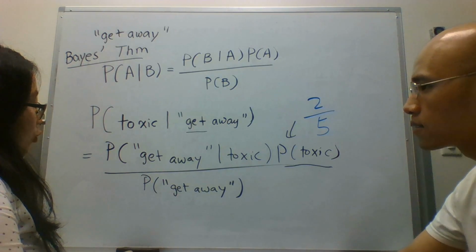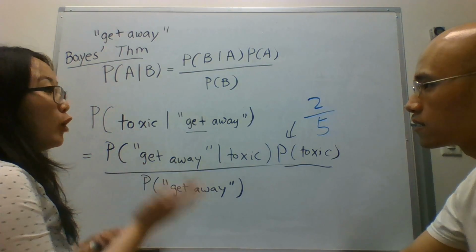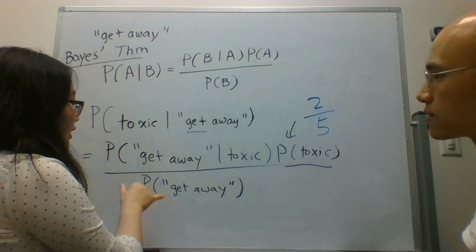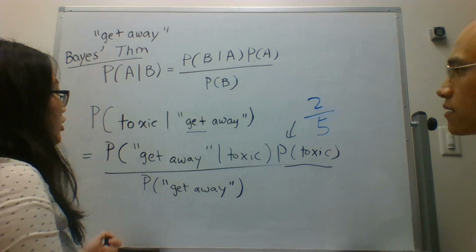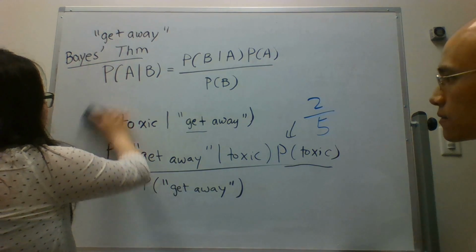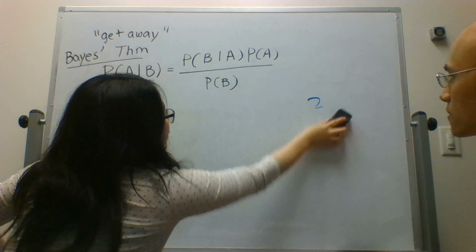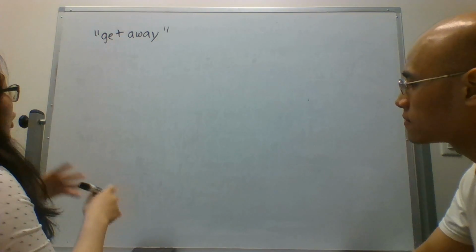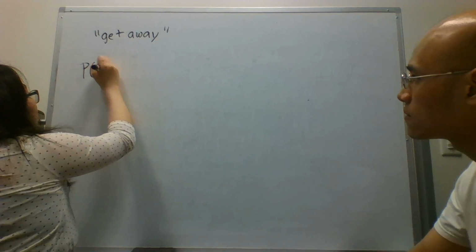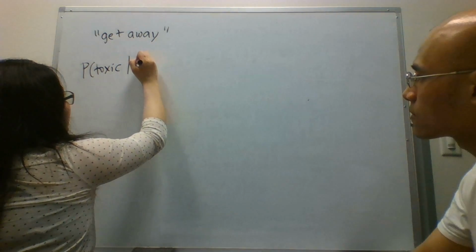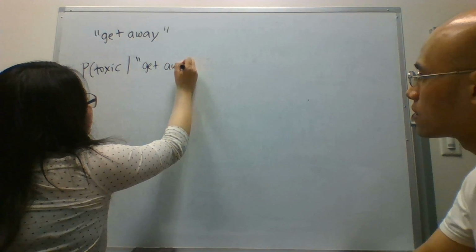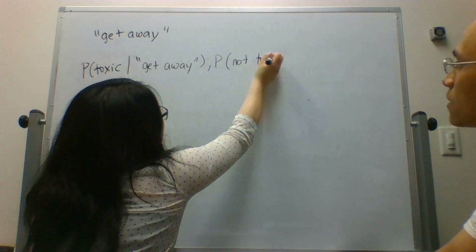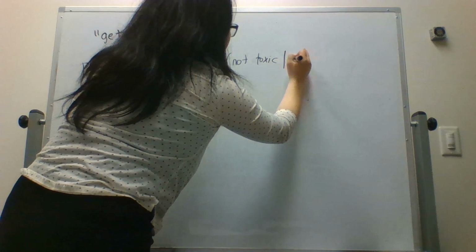Now this would not be very easy to calculate, but fortunately we noticed that even if we're looking at the probability of seeing "get away" and it being not toxic, the denominators are the same. So what this means is that if we wanted to compare these two, which is essentially what we wanted to do for this classification problem,